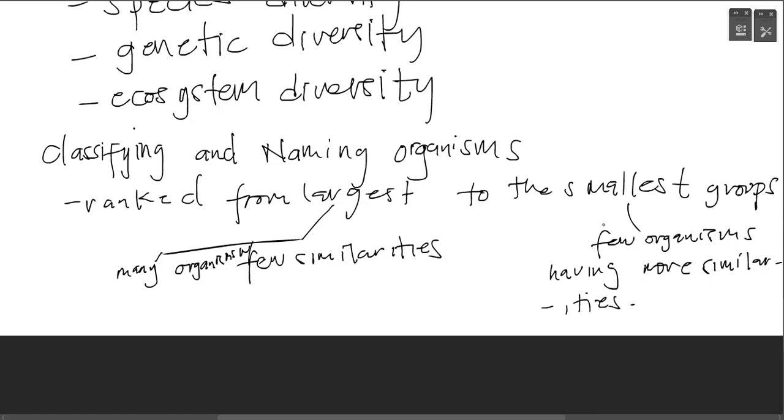So organisms which have more similarities would then be closely related to